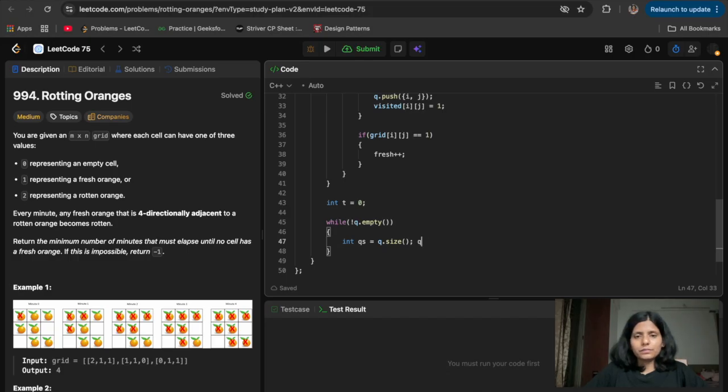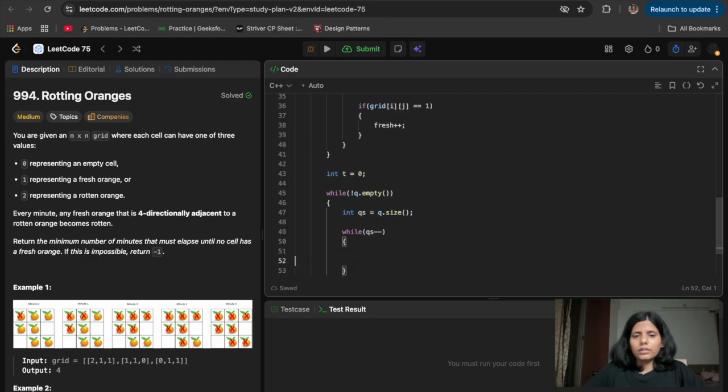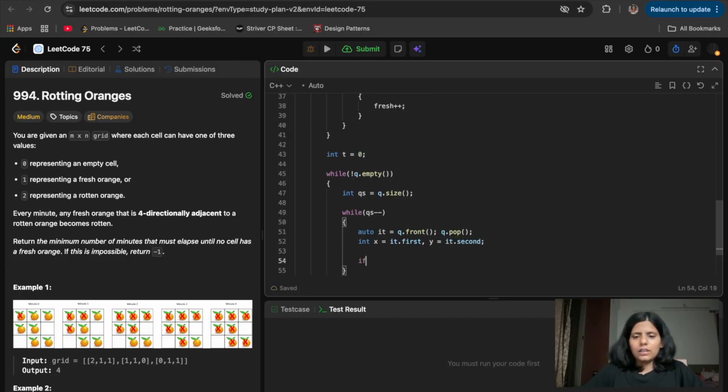While qs minus minus, take the first pair: q dot front, q dot pop, and then x is equal to it dot first, y is equal to it dot second.